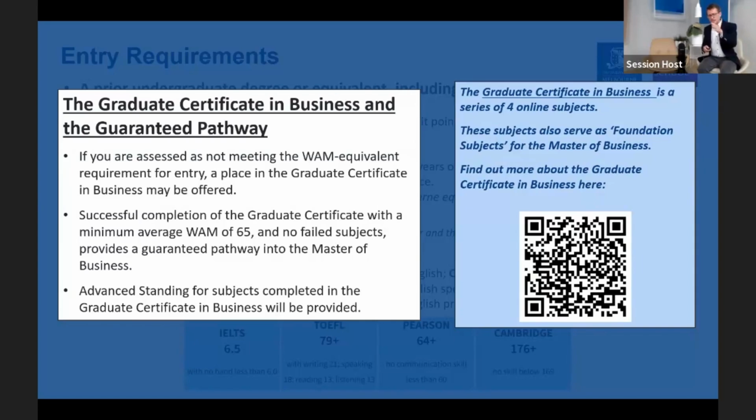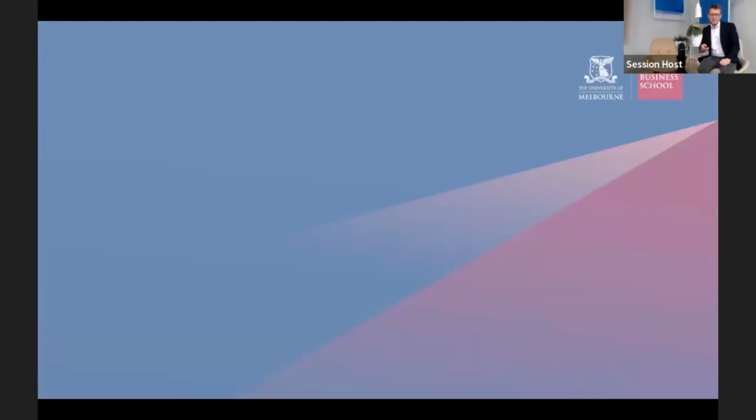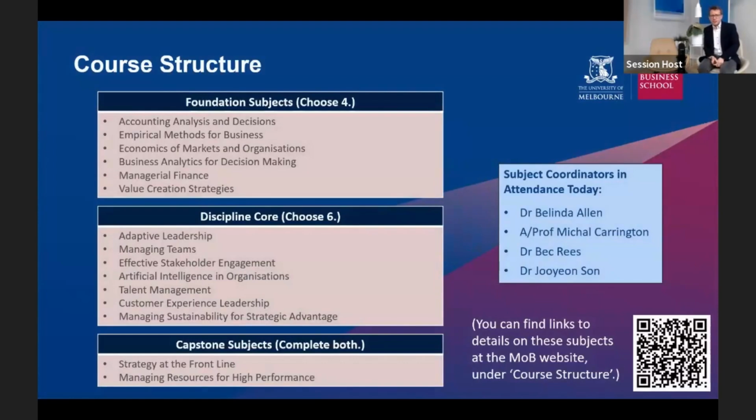because as is written on the slide on the right side, there are 4 online subjects that you do for the graduate certificate, but I want to back up a little bit and show you something. So you see those foundation subjects there, you choose 4 for our program. Well, that's essentially the graduate certificate in business. So if you don't quite meet our requirements, you can get a head start in the graduate certificate of business. You take 4 of these foundation subjects, which are the graduate certificate in business subjects. You do well in those, you pass them all, then you come into our program and you're finished with those. So then you continue on with the discipline core, the capstone subject.